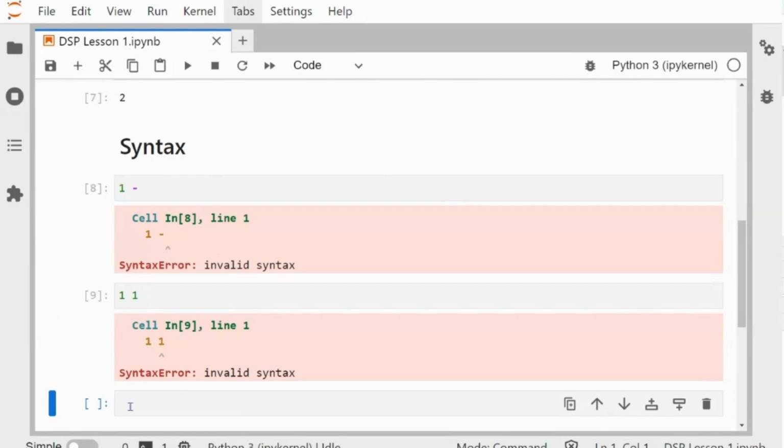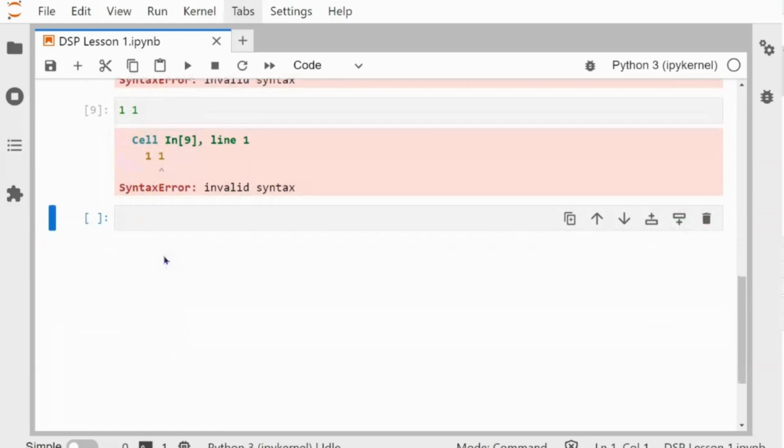This is when you give the computer incorrect code for the task that you wanted to do. This will not give you an error message, but it will just produce an incorrect result. So an example of where you could have a semantic error at this point is by forgetting the order of operations. So that will be our next topic.